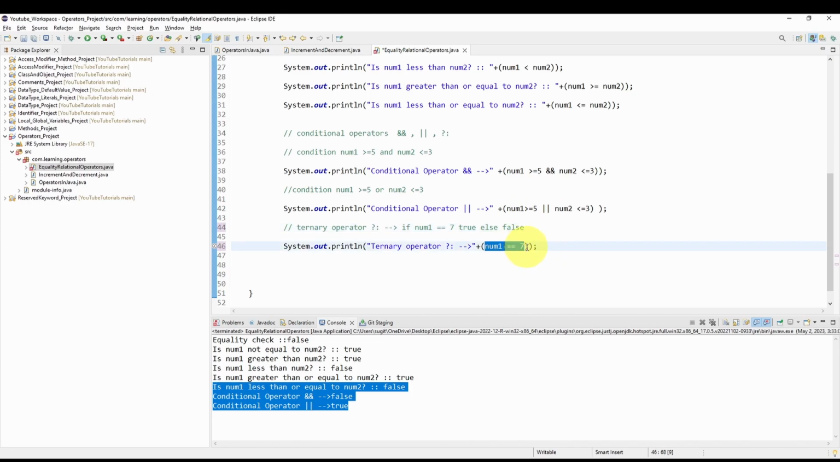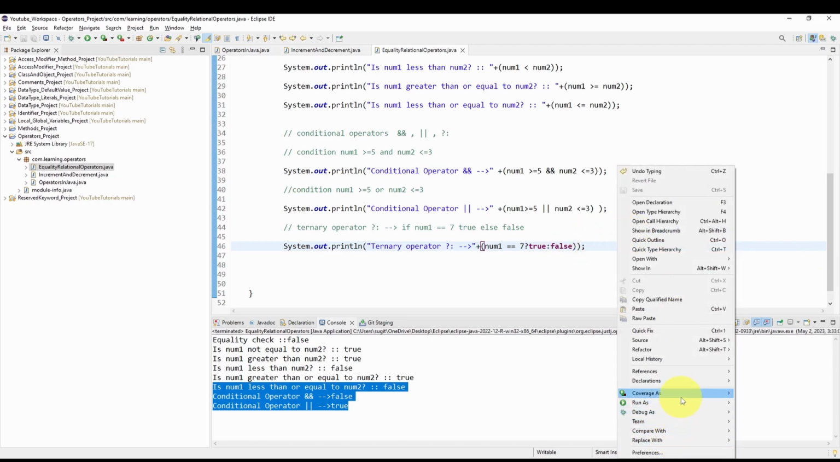Num1 equals 7, then what we need to do, we have to put this question mark. After this question mark, you have to specify the if condition logic. We are going to return true. Else, we have to return false. Then put the colon, then give the else condition value. So if you run this now,